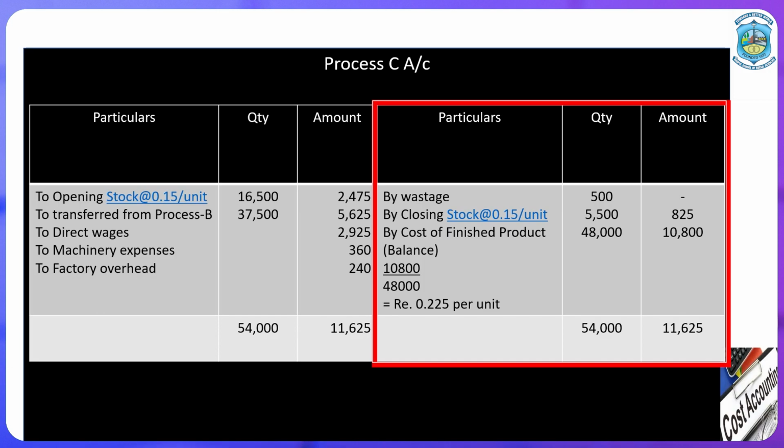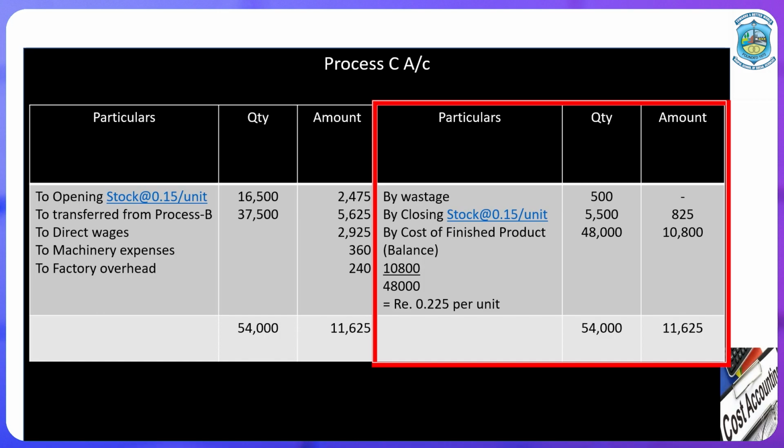Now, the amount column. The total of the amount column is 11,625, out of which the closing stock value is 825. So, 11,625 minus 825, the balance amount is 10,800. This 10,800 rupees is the amount of the 48,000 units transferred to finished stock or finished goods. So, we have to mention by transfer to finished product or by transfer to finished stock or by transfer to